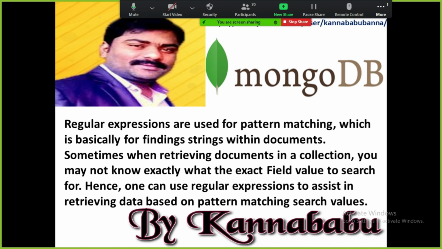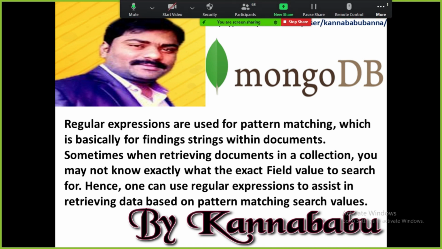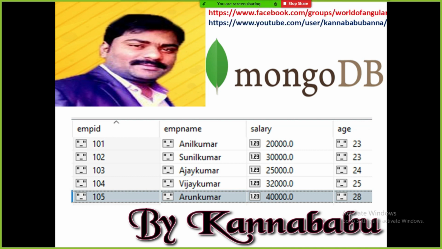Mostly the main purpose is to store the data in the database in the form of a collection. A collection is nothing but a group of documents. At the time of fetching the data from the collection, we have to write some queries. So here regular expressions provide some ready-made functions to perform operations. MongoDB is also developed based on JavaScript only, so internally it also supports JavaScript functions. Is it clear? So let us see, here I have one collection.